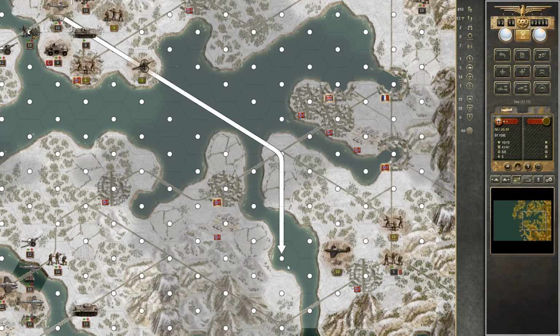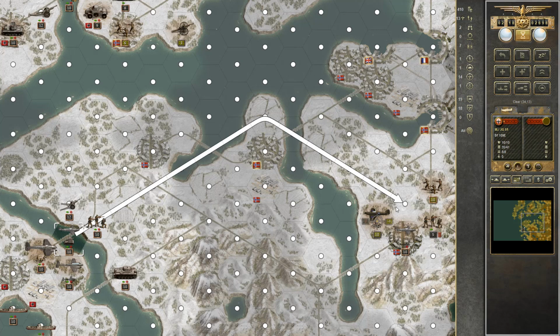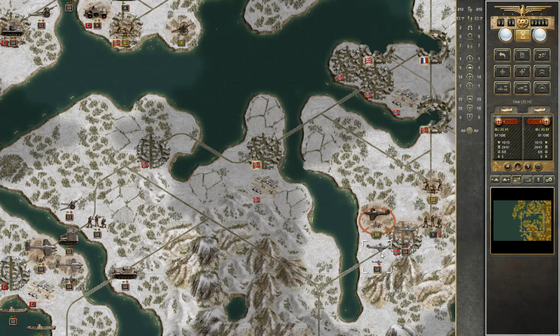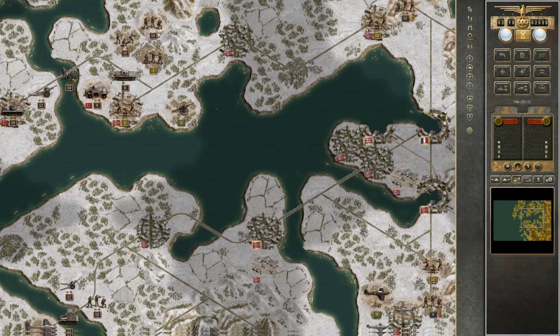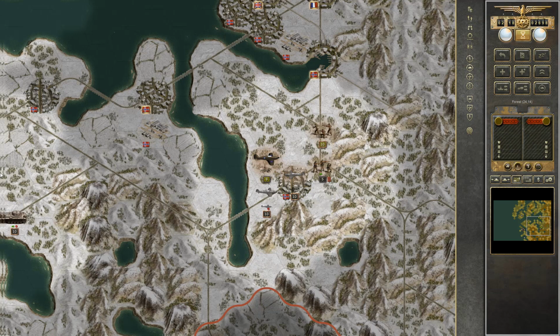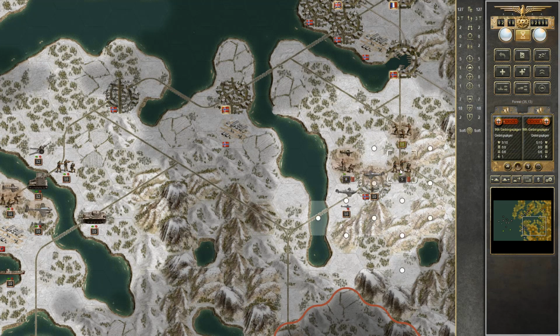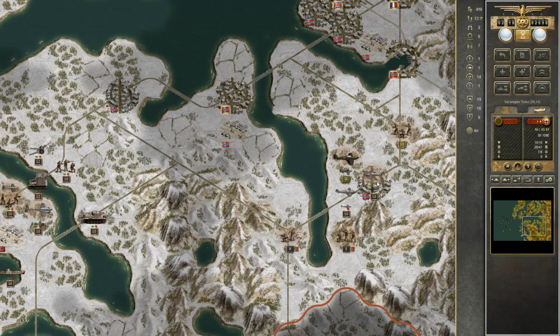So this can move here and then attack 1, 2. So it should be fine probably on this side. Or not exactly. Ugh. Need to get out of vision range entirely, but